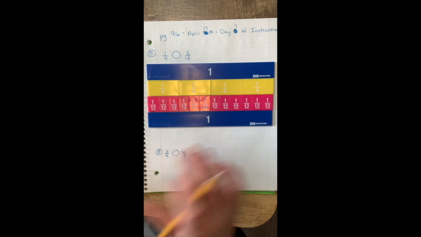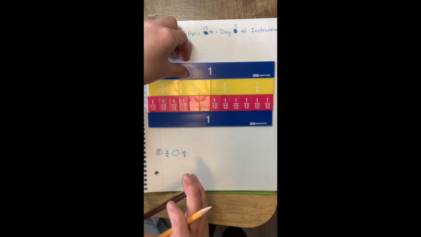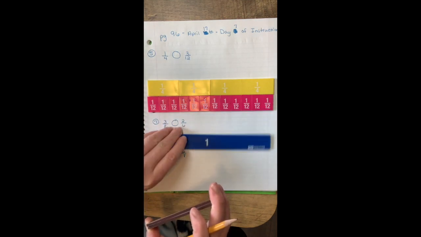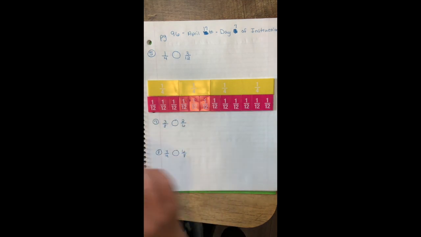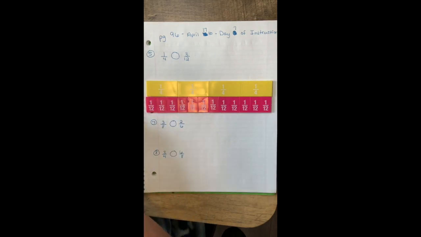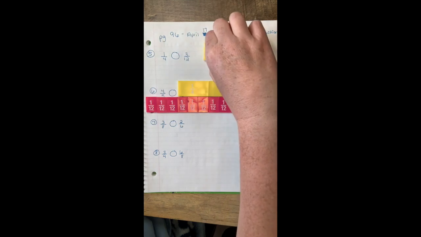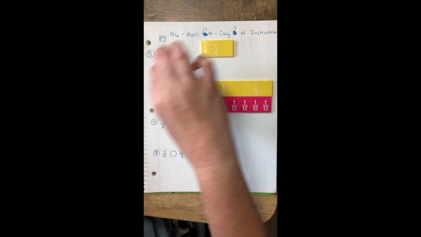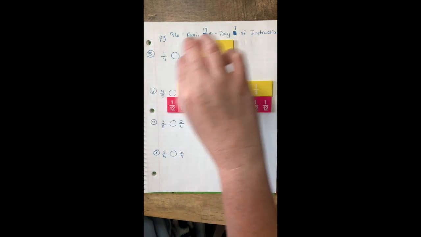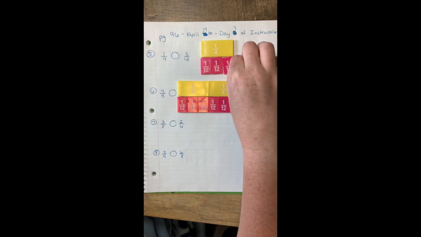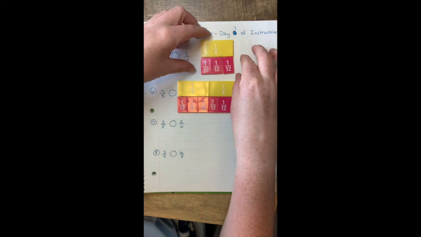All right, so I'm going to get rid of the one whole on the top. I'm going to get rid of the one whole on the bottom. And then I'm going to make these fractions. I need 1/4, and I need 3/12. 1/12, 2/12, 3/12. Well, when I look at that,